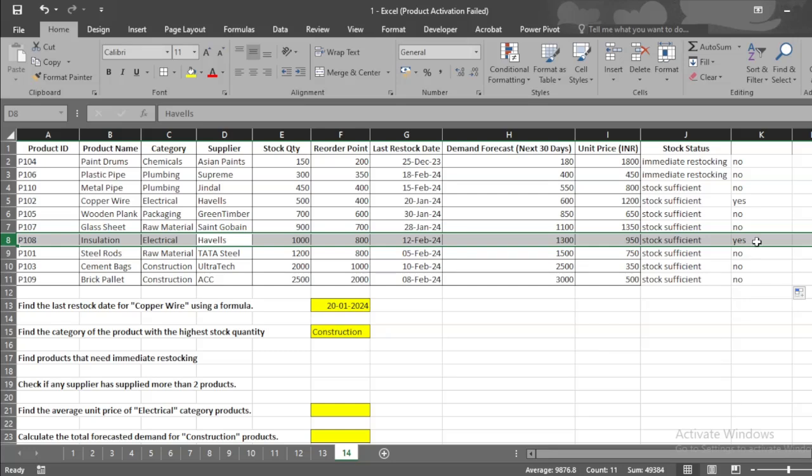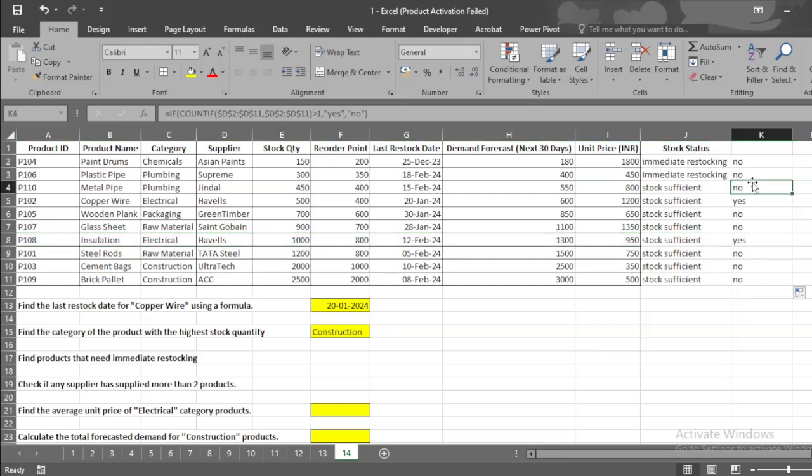So this way we can get our result, and this is the correct answer according to this kind of analysis. This is a simple formula. We merge two formulas into one: the IF formula and the COUNTIF formula. This is a simple way of doing it, and we can also do it with the help of an array formula.